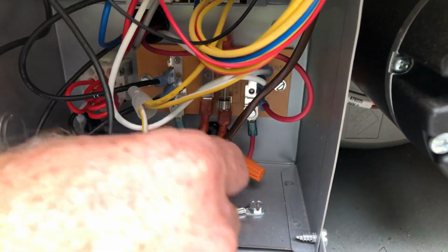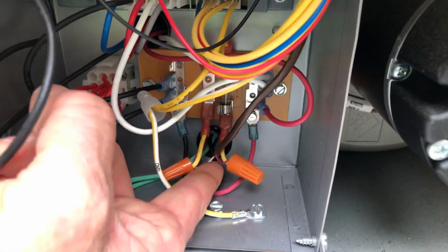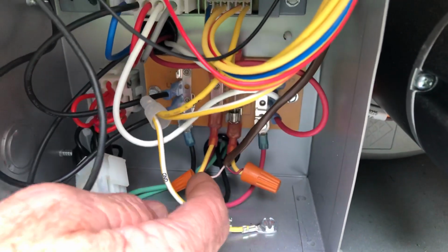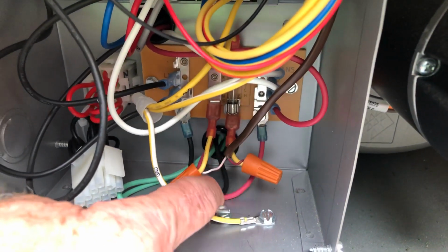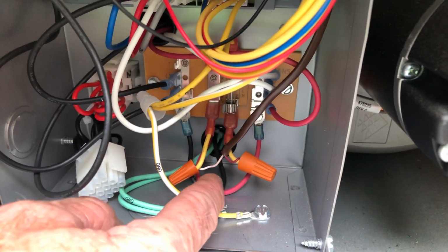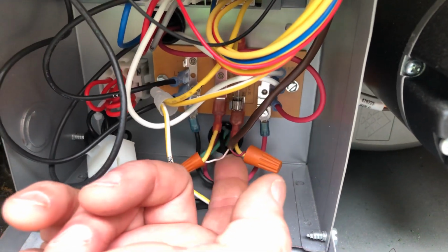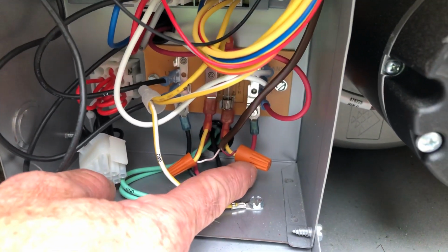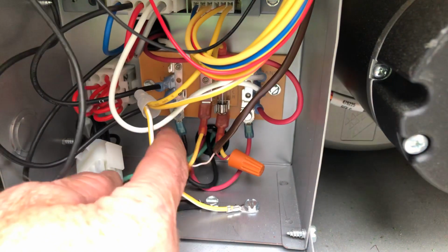So this is the location where the wire coming from the control panel is going to interrupt this circuit here. Normally this yellow wire is a continuous wire, and so what we've done here is we have cut it in half and we have stripped it back and wire-nutted each end of our control wire in here, so that instead of it getting continuous power like normal if it was an uncut wire,